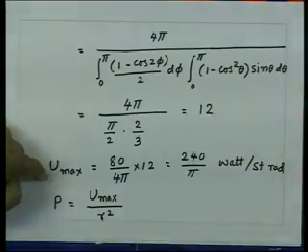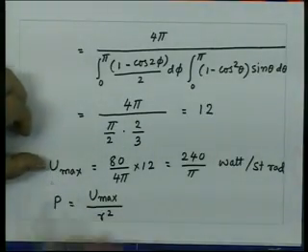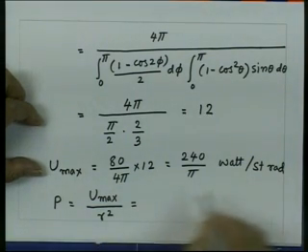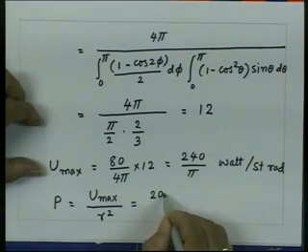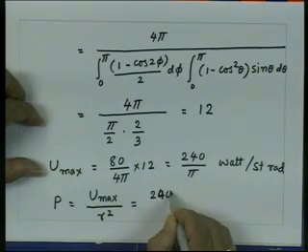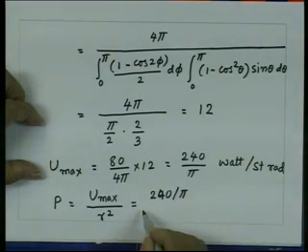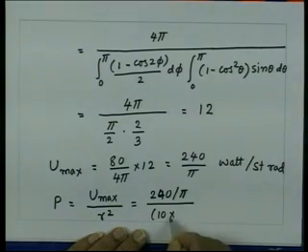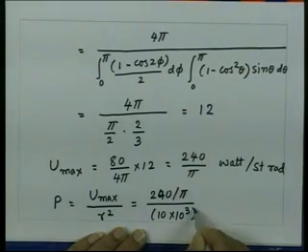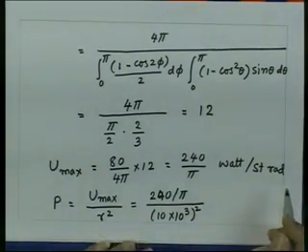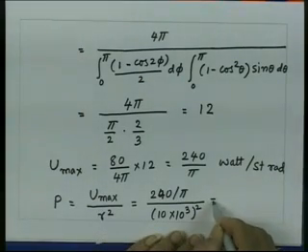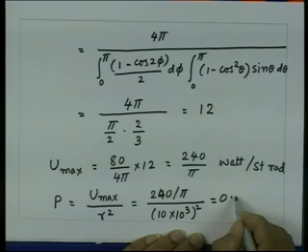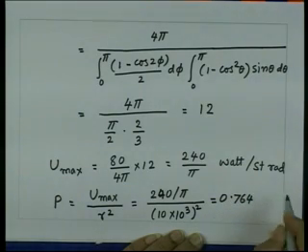So, since we have found out the radiation intensity in the direction of maximum radiation and r is 10 kilometer, we can substitute into this. So, this is 240 upon pi divided by 10 kilometer, which is 10 into 10 to the power 3 whole square. So, that would give us 0.764